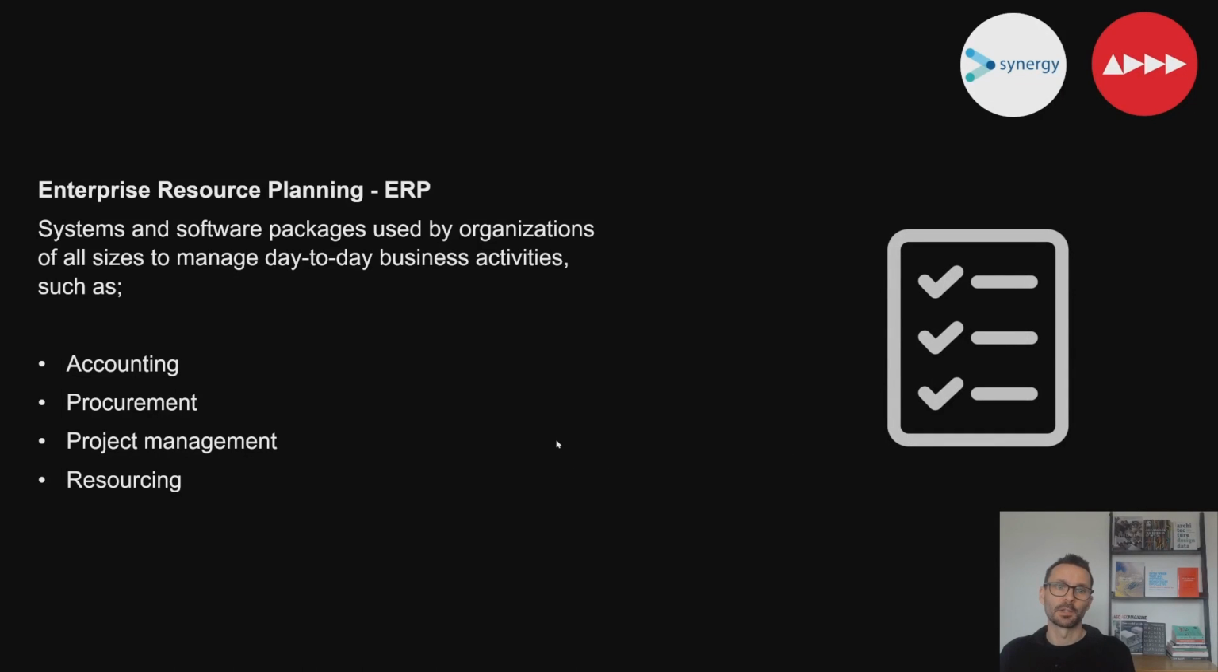So what is Enterprise Resource Planning, or ERP? It's a system and software package used by organisations of all sizes to manage day-to-day business activities such as accounting, procurement, project management and resourcing. And this is a really useful tool for architects to get familiar with because all of these things apply to